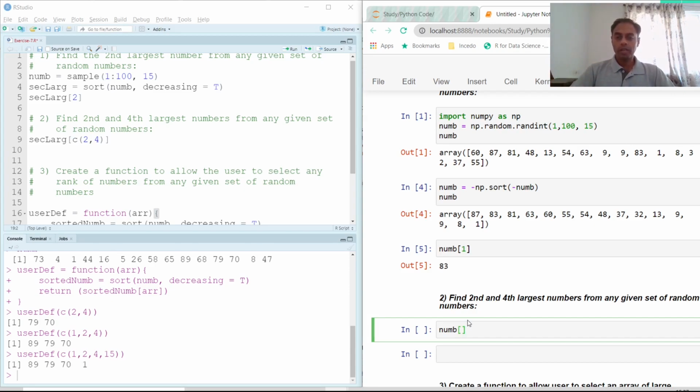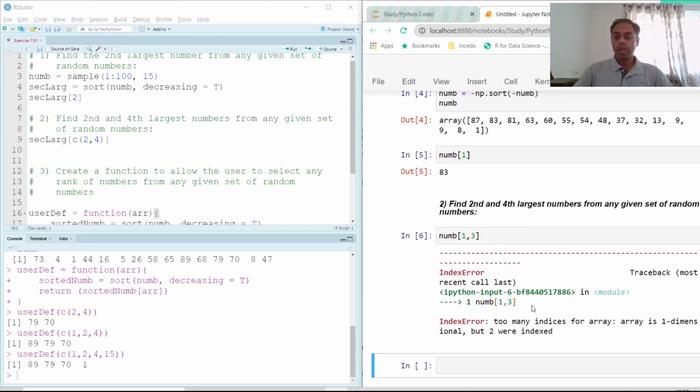So in the square bracket, if I pass the second, which means the first index, and the fourth largest, which means the third index. Now if I pass it this way and execute it, it would be throwing an error. It says too many indices for array. Array is one dimensional, but two were indexed.